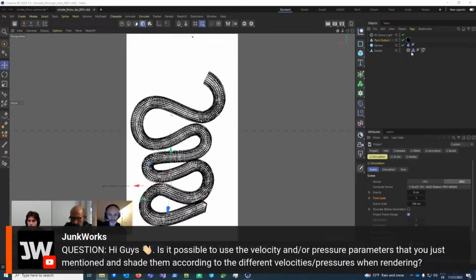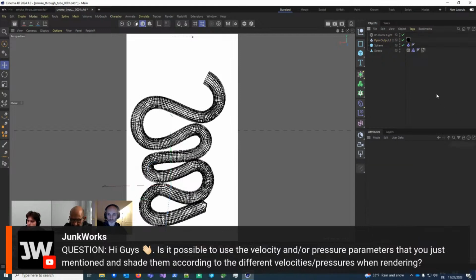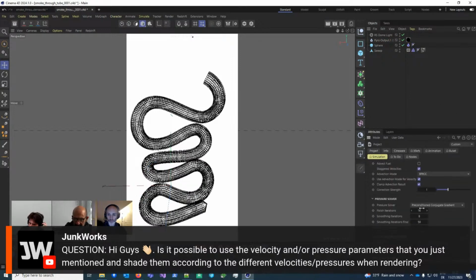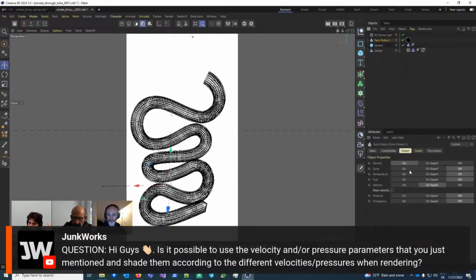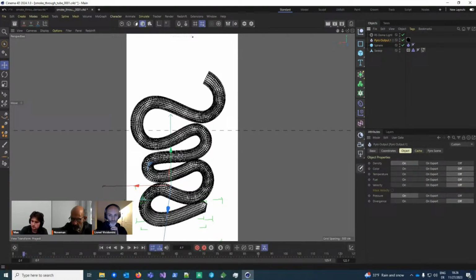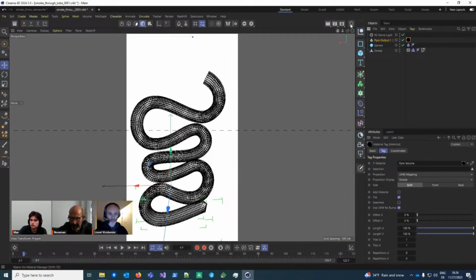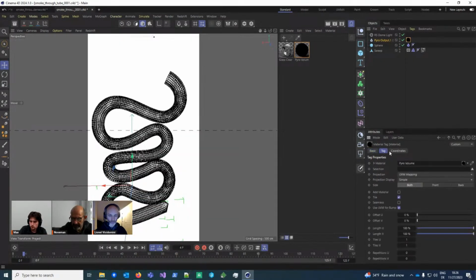So what I would assume this means, and please correct me in the chat, Mr. Works, is you want to get the velocities, which is a vector with 3 components, and use that as color. Also the pressure, which would just be a mapping from a float to a gradient. True, pressure is just black and white, whereas velocity is, let's say, RGB.